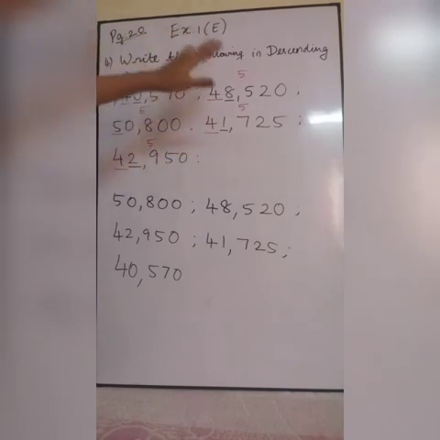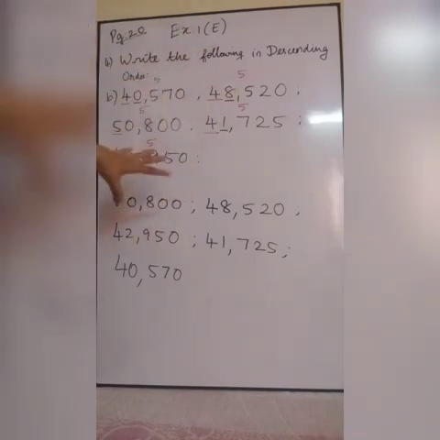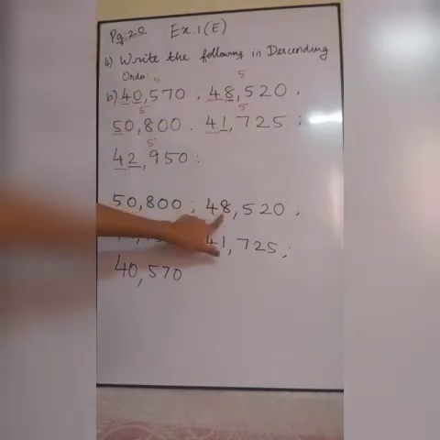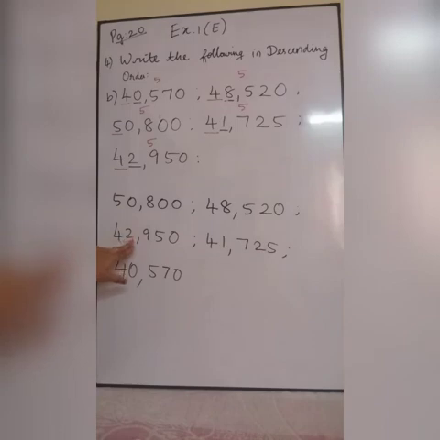So actually what I did, I compared the number of digits. In this, the number of digits are all the same. So I am going to start by comparing the first digit. 4, 4, 5, 4, 4. So 5 is greater, so I wrote it first. Next, in those 4s, 8 is the next greater, so I wrote it second. Next 2, next 1, next 0. So just check at last whether I have arranged them from biggest to smallest or not. That's all. If you check it, it is enough. Okay, children? And your C and D questions are your homework.